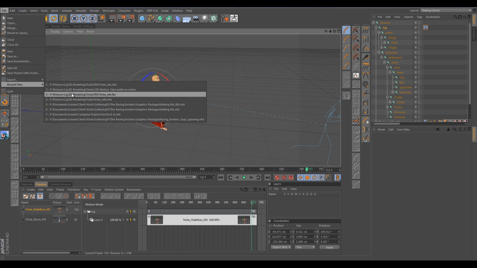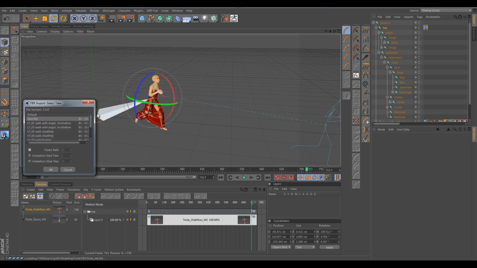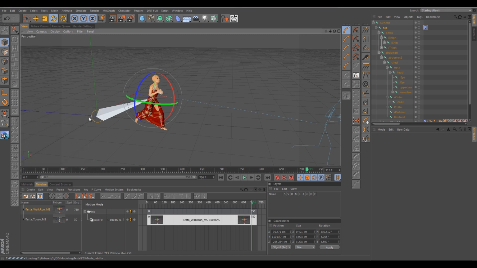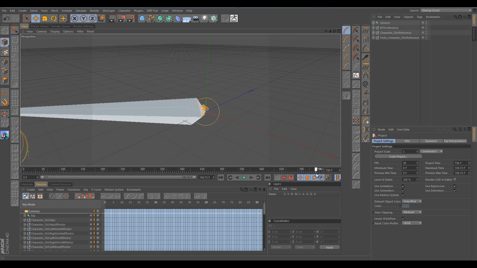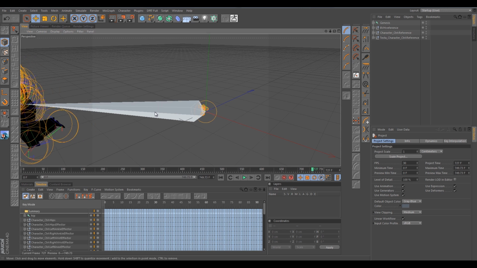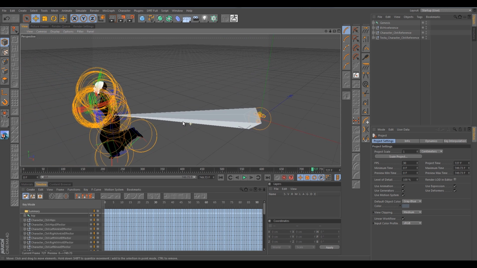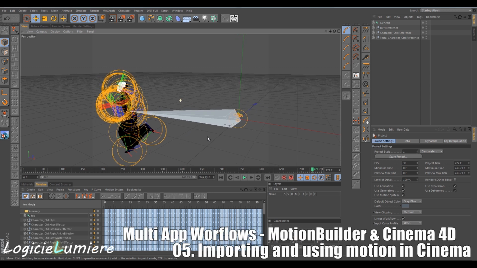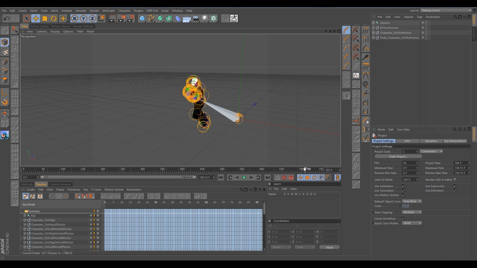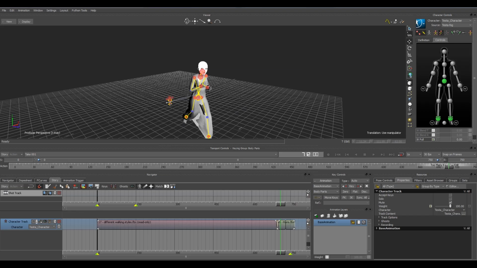And open up test.mb.fbx and open up the take 1, and then let's just make sure. Alright. And it appears not to have saved. Alright, so